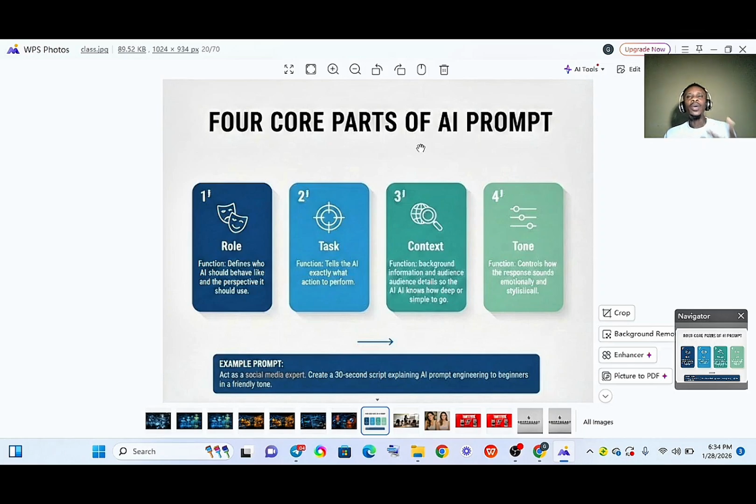Now, what are these 4 things? What are these 4 parts of AI prompt engineering? Role is number 1. Task is number 2. Context is number 3. Tone is number 4. Now, let me explain. For you to prompt an AI to get exactly what you want,